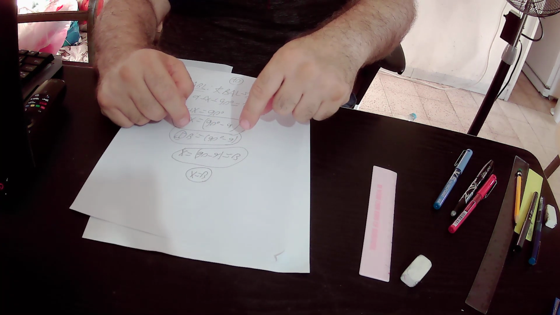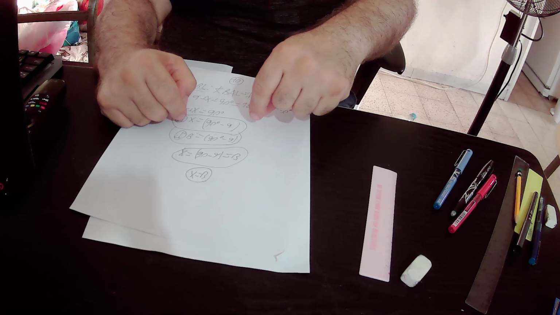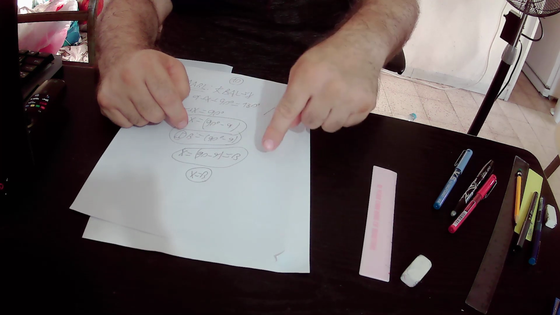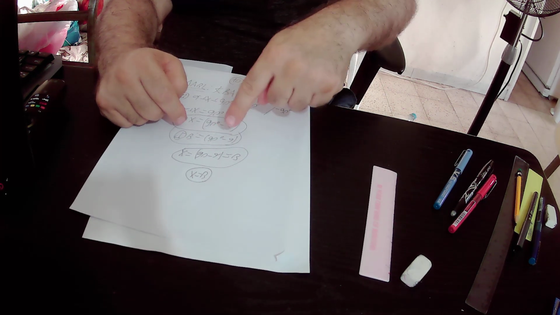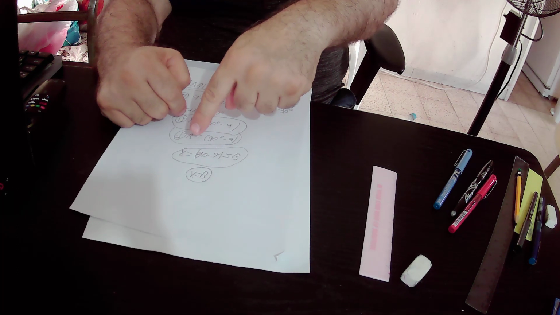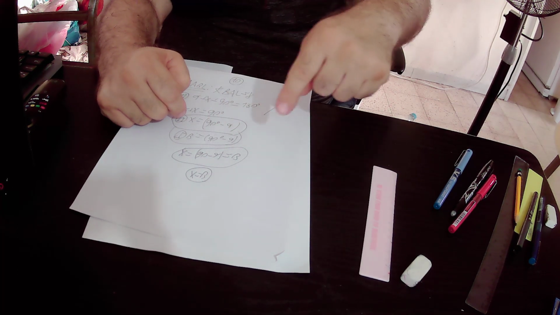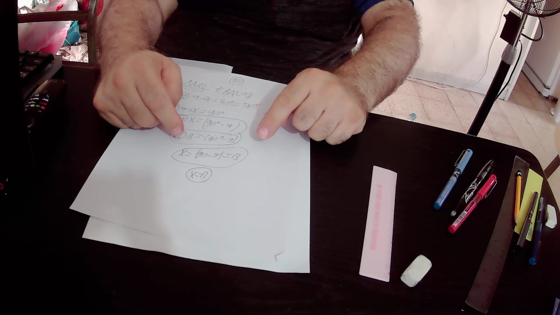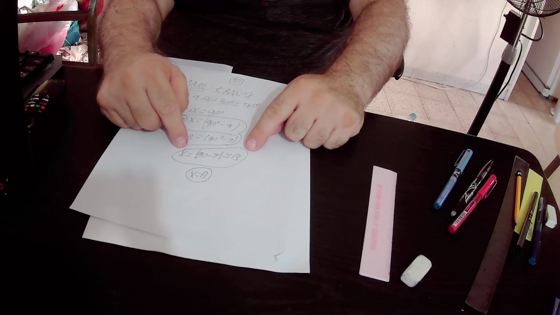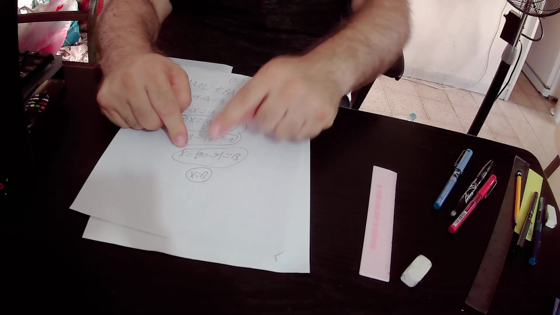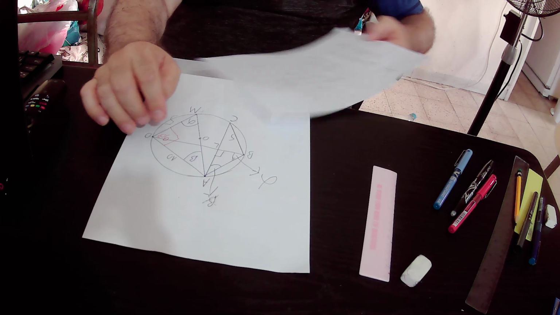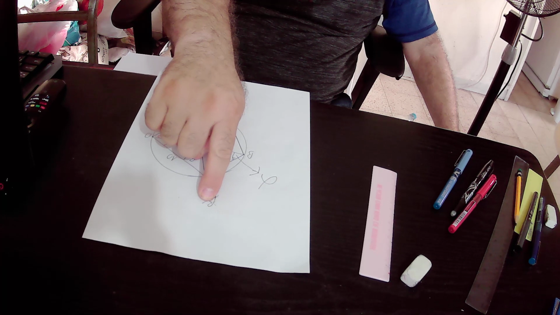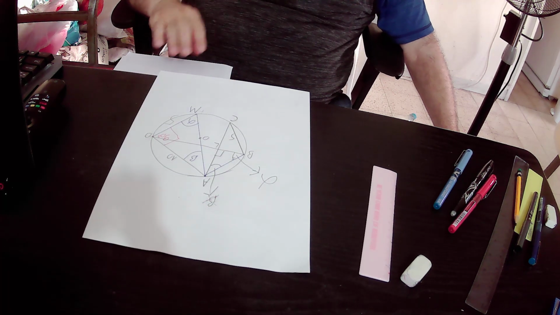So we integrated these two equations. From the first equation we know that beta equals 90 degrees minus alpha, and from the second equation we know that x equals 90 degrees minus alpha. So by the integration of those two equations we conclude that x equals beta. Okay? So actually we substitute angle x by beta,